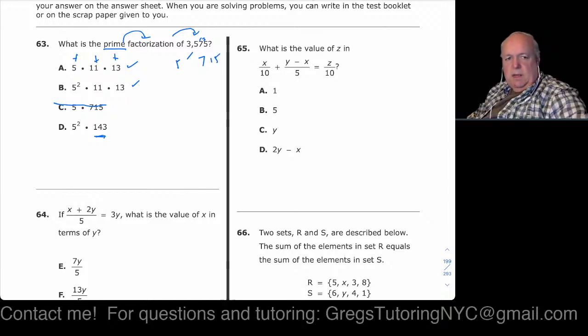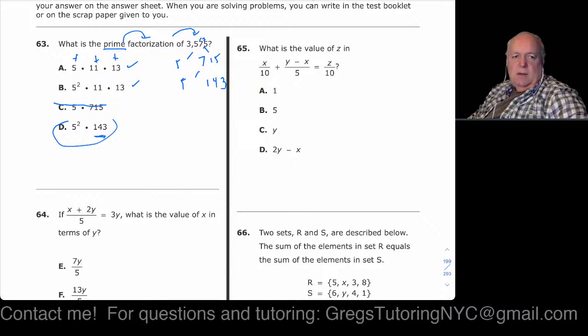What we're building is a visual tree of the prime factorization hierarchy. We run through the same thing again. Because we already ruled out 2 and 3, there's not going to be a 2 or 3 for 715. But we notice it ends in a 5, so we'll have another factor of 5. 5 goes into 7 once with 2 left over. 5 goes into 21 four times with 1 left over. And 5 goes into 15 three times. That turns out to be this one right there. What we have is 5 squared,